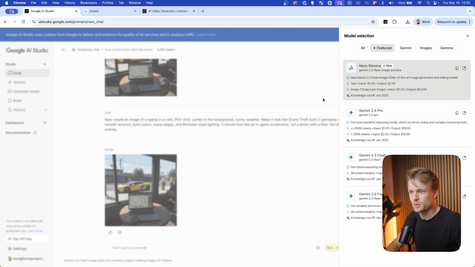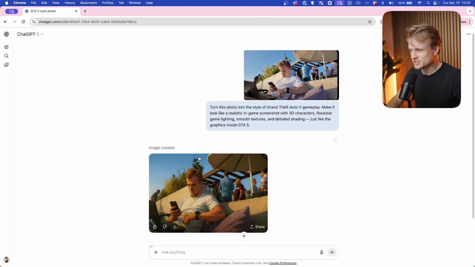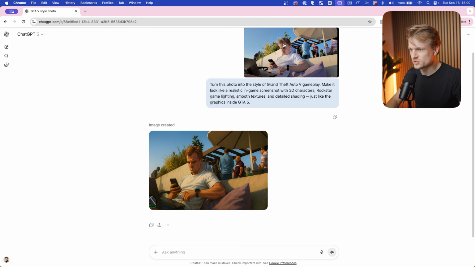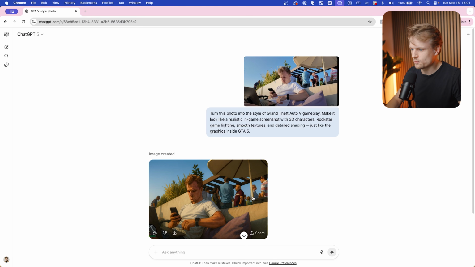And I'm using Nano Banana for this. Now you can also use ChatGPT. And actually, I would really advise to use ChatGPT for images or turning images into this style. And again, I have a prompt for this too. Also, we'll link this down below. It's not perfect, but it's quite close and we could regenerate it a few times to make sure we get